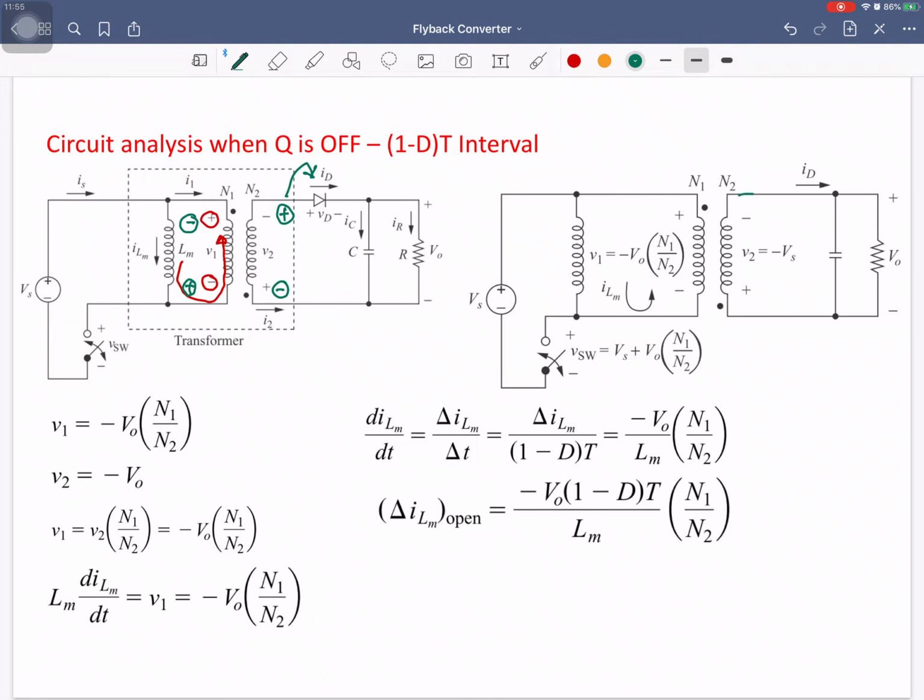Right? So you can see over here, the diode is represented as a short circuit, D1, because we are considering the diode as an ideal device, with no voltage drop across it. Now there will be the flow of current in this circuit through the diode. The high frequency ripple current will go through the capacitor and the average current will go through your load resistance R.